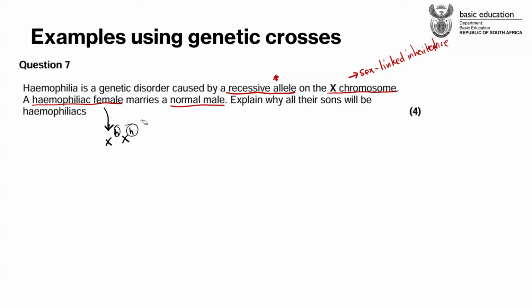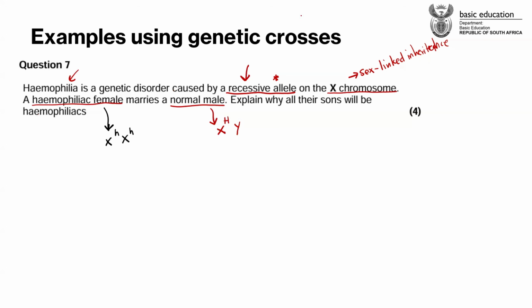And then what about the genotype for the male as well, the normal male? Yes, Telmo. It's X with a capital H and Y only. Why are we using capital letter H? Telmo again. Because it shows that it's dominant and it shows that the male is normal. Okay, yeah, it's kind of opposite to the recessive allele that is causing hemophilia.